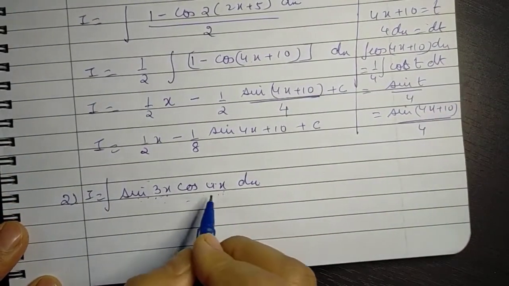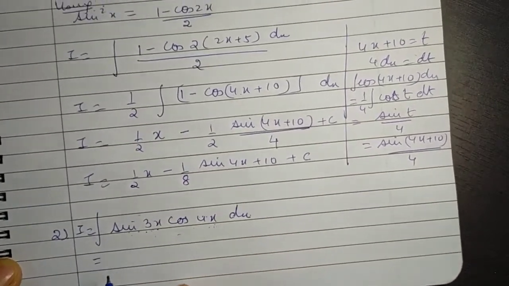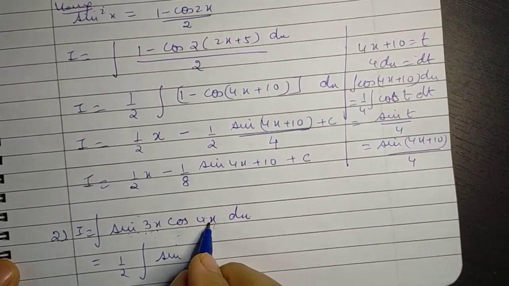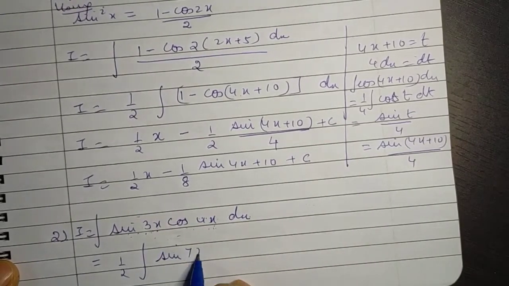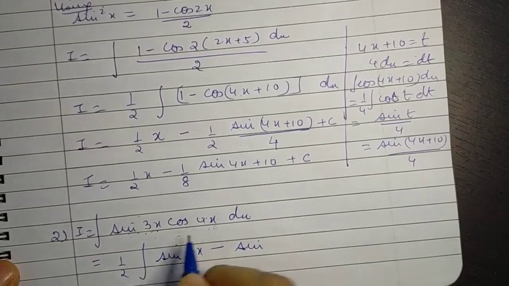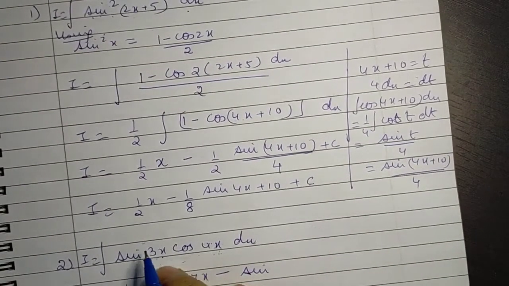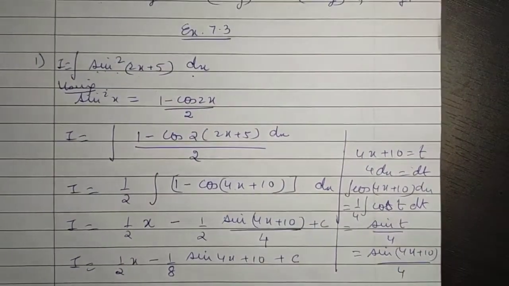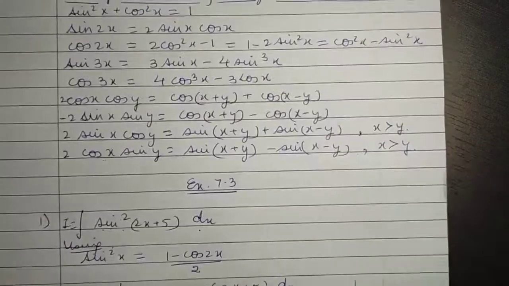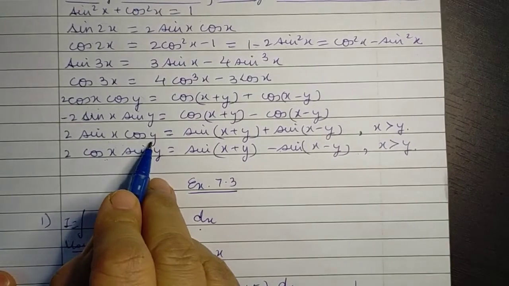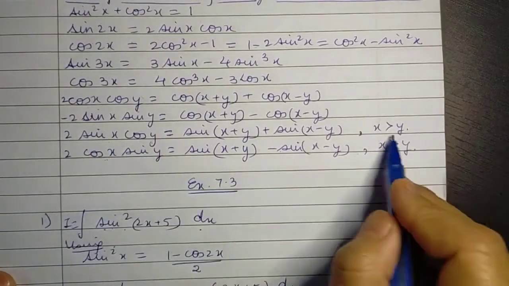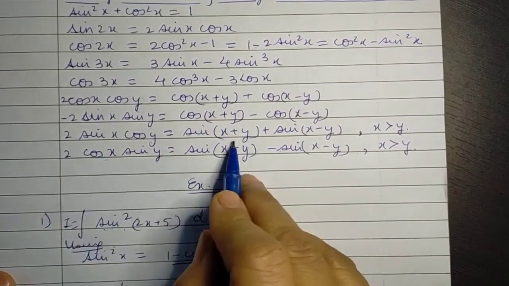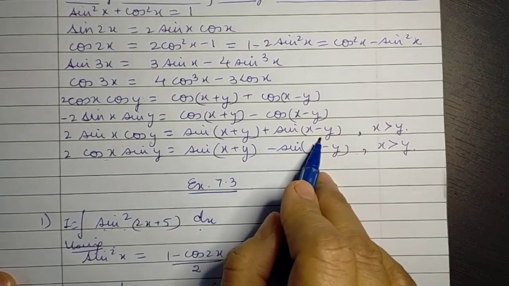Okay, so now here what do we have? Clearly the angle of this is smaller than this, so according to that result we should have half of sine of 3x plus 4x, that is 7x, minus sine of 3x minus 4x. Now here what do we have? Sine x into cos y. Suppose you are taking the angle on which sine acts as x, then it is sine x plus y plus sine x minus y.